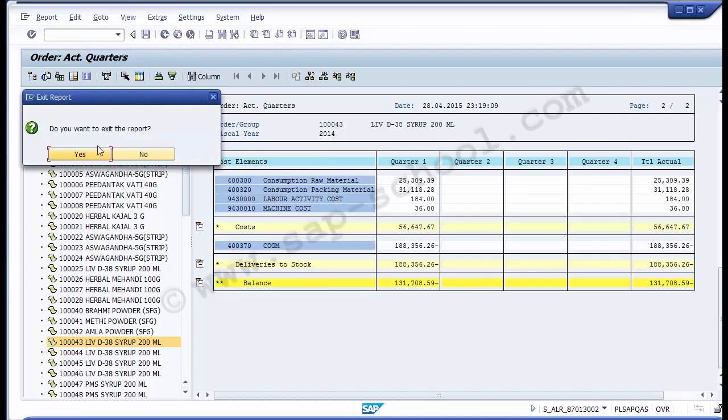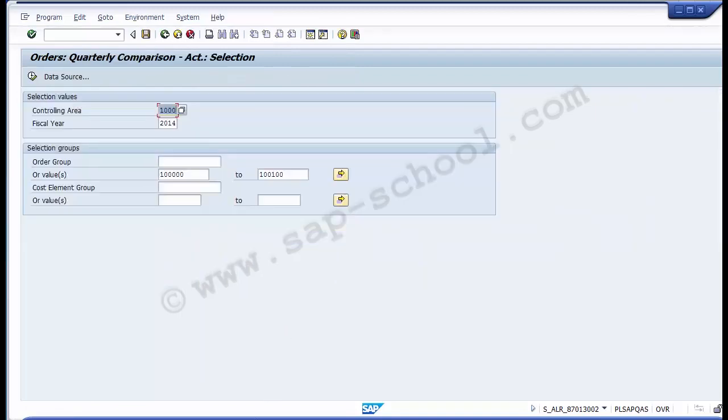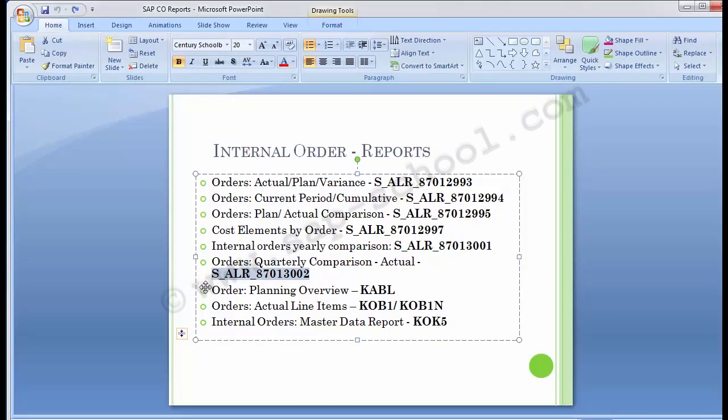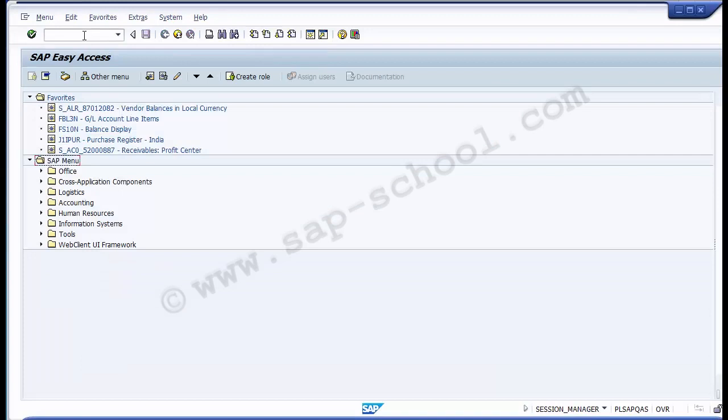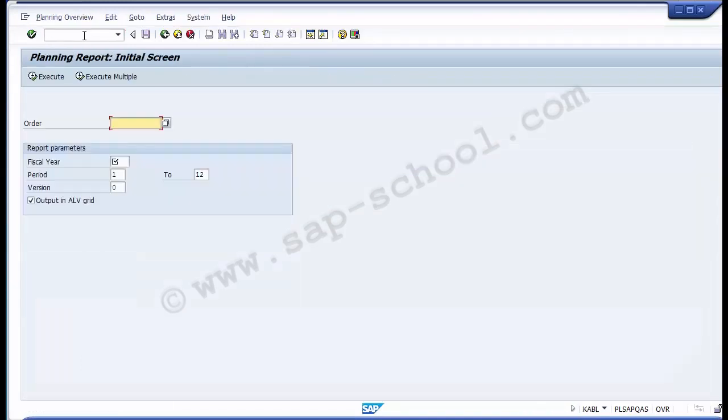So this is how you can make internal order quarterly comparisons. Then, similarly, moving up to the next is the planning overview. That is the internal order planning overview part, that is KABL. In that, you can go for planning of internal order with the transaction KABL, and you want to assign